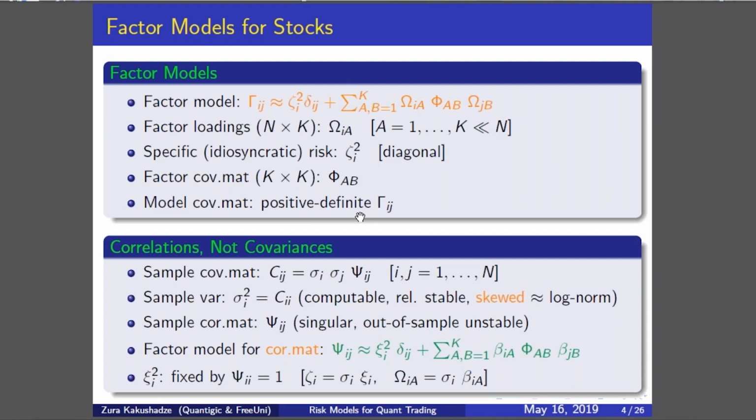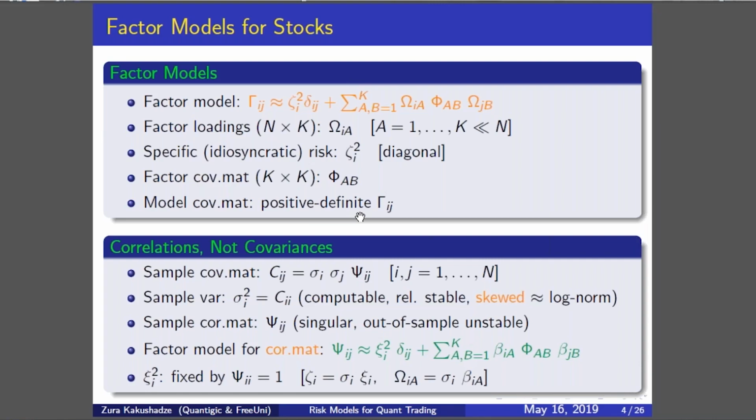First of all, if I look at the sample covariance matrix, I have basically the correlation matrix multiplied by a product of standard deviations, which are the square roots of the sample variances. And so the volatilities, the sigmas, they are computable. In other words, I can calculate the sample variances, and there is essentially no issue with calculating them. They're not the ones that make the sample covariance matrix singular. It's actually the sample correlation matrix that's singular. That's point number one. Point number two is that the sigmas